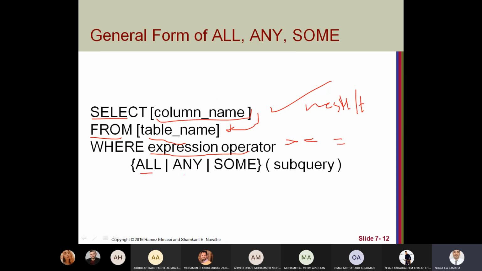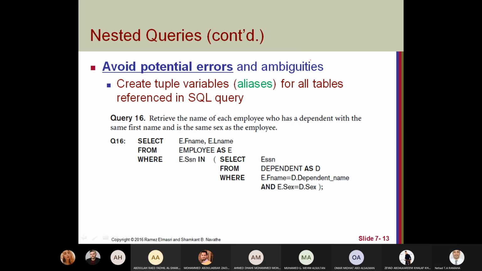Then we can use all, any, or some. ALL means compare this value with all values, ANY means compare with any value, or with some value that is repeated. There is no significant difference between any and some.